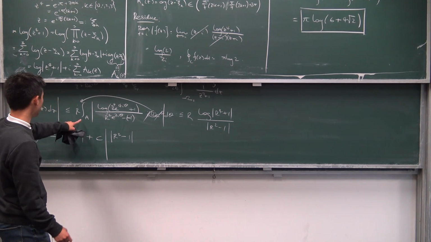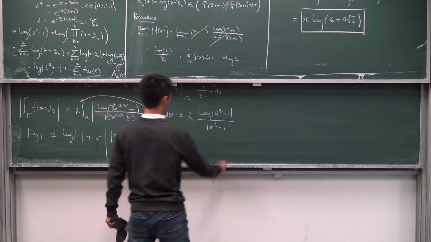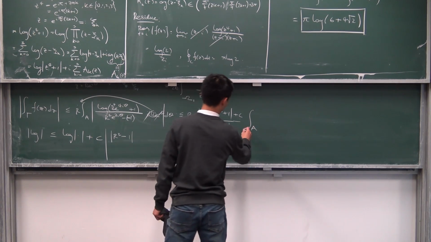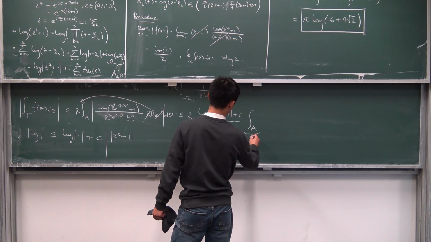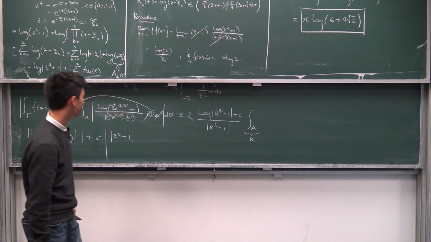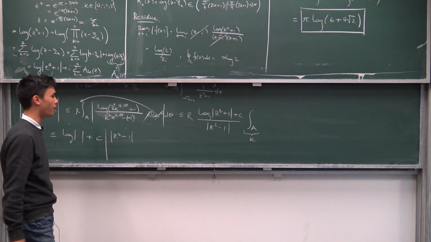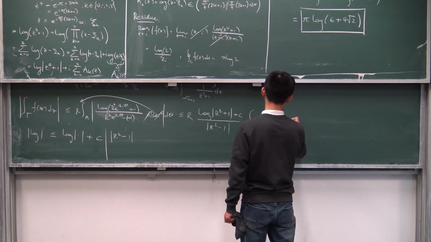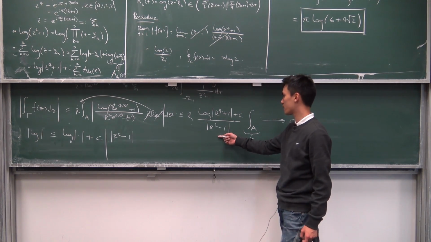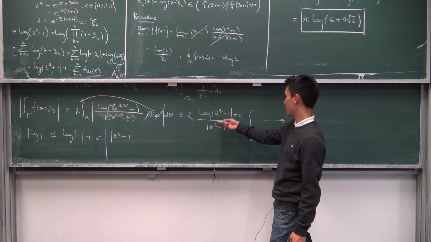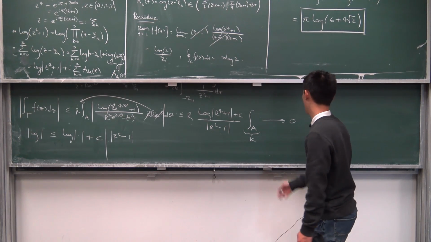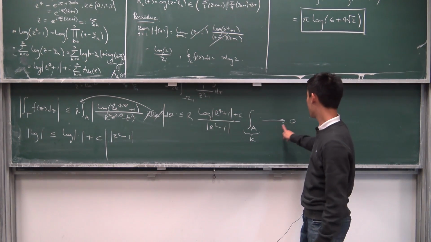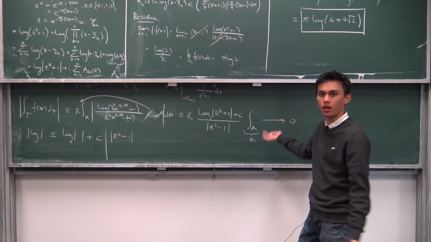And then you're basically left with the integral. I forgot a plus c here. You're basically left with the integral over a. And this is some constant k, and it's finite, because you're going over a finite interval, and you just take the limits on that. And it's very easy to see that this guy goes to 0 because this denominator is going to outgrow this r here. The logarithm is not going to outgrow anything, really, so it's just going to go to 0. So you can argue that the integral over gamma is bounded above by 0 in the limits,